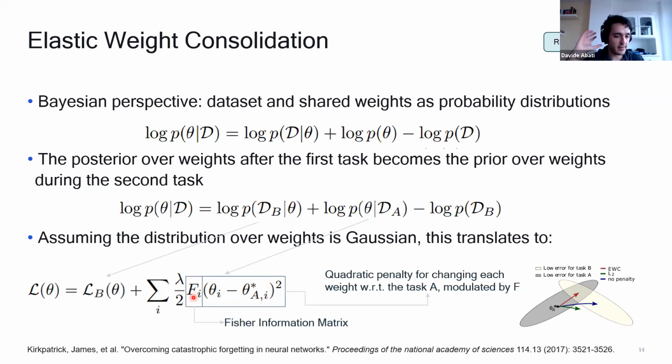So how to compute that? In the EWC paper, that's the Fisher information matrix. It's a matrix that is estimated with the gradient. If you have data, you do multiple forward-backward passes, you accumulate the square of the gradients, and you can compute this. There's an algorithm to compute this. It's related to the curvature of the loss function. But what's important is that each weight gets its own penalty for being changed.